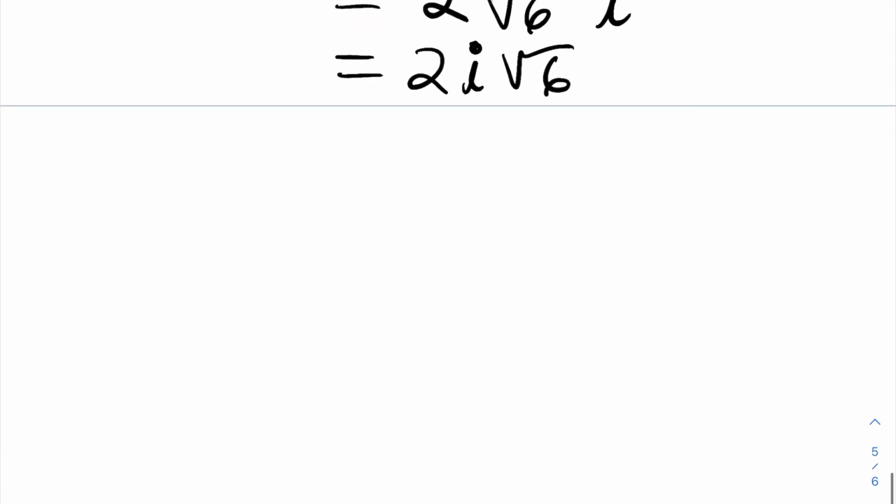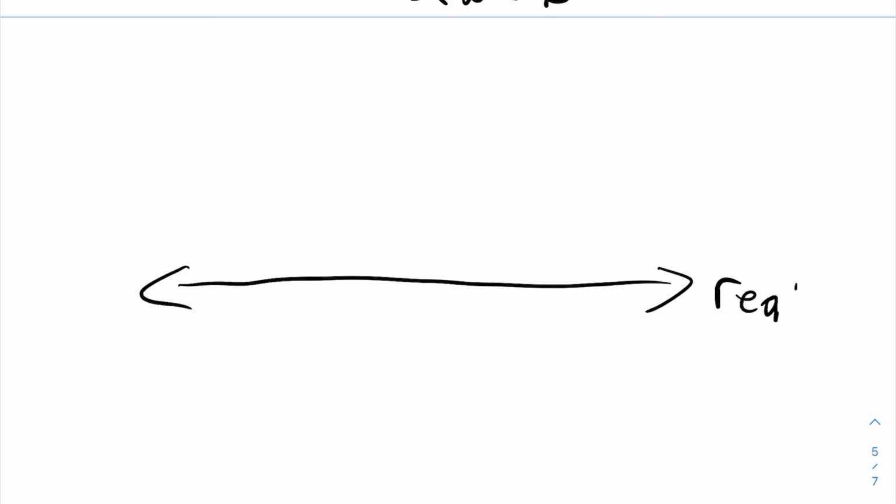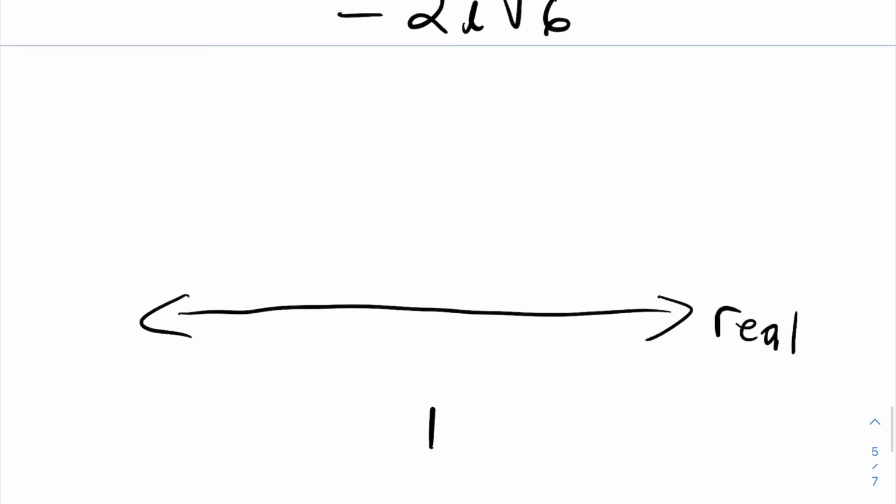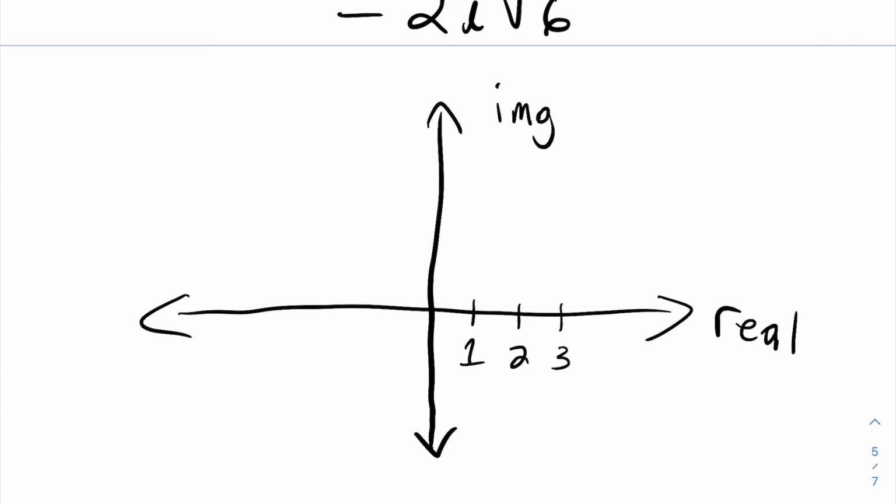Now, the way this works is usually if they're graphing these things, they'll have a real axis, which is a real number line, nothing involving i, and then they'll have an imaginary axis. So instead of the y-axis, they make this the imaginary axis, where we're counting by i here. So of course on this we have 1, 2, 3, and so forth. Negative 1, negative 2, negative 3, and so forth. But then we have the imaginary numbers here, which are i,